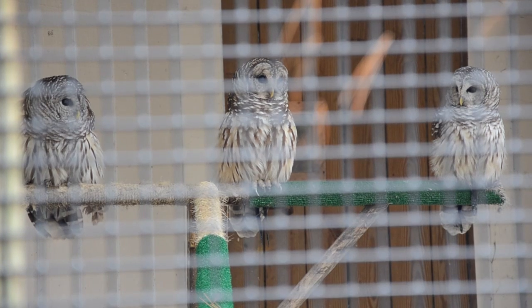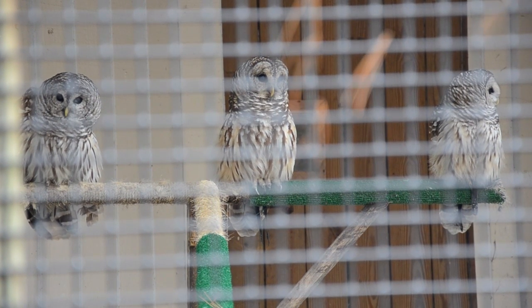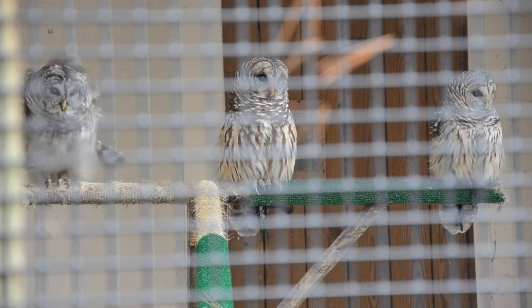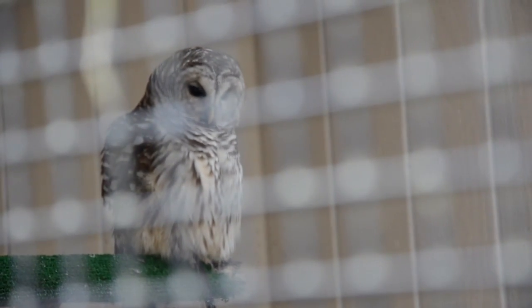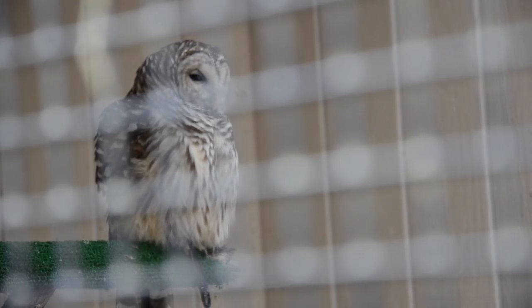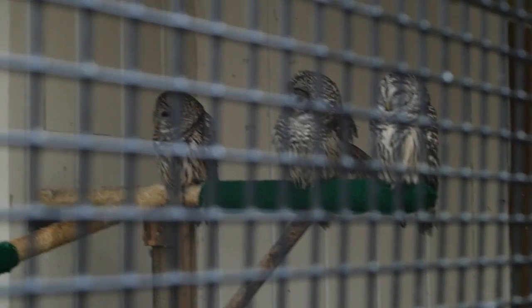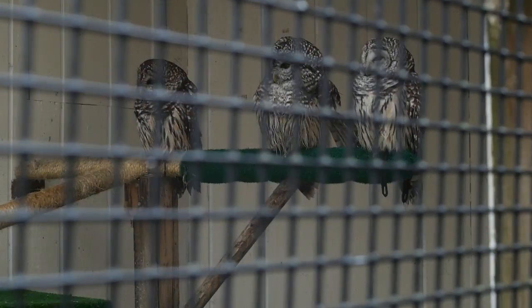So another great story of one of our resident raptors here at Shavers Creek is our barred owl. She is actually the oldest one at the center. She came to us in 1989. We don't know how old she was before she came here, so we can't exactly age her. And she's very unique in that she's just very calm around people. She knows the ropes of feeding times and handling procedures, and so she has that kind of unique